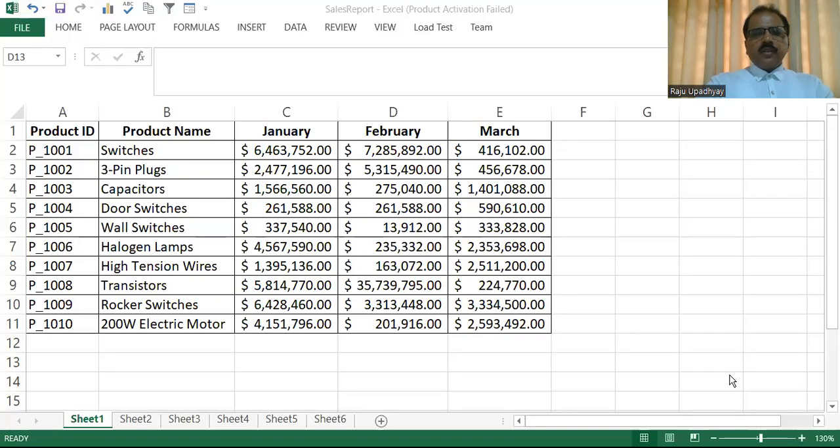Everyone just see, I have a small worksheet which has the product details, where we have 10 products with their name and the sales of the product in the months of January, February, and March. So I want to turn this content into a table. If you want to convert this entire data into a table, you can place your cursor anywhere inside this area, and then go for a table by using a shortcut key called Control